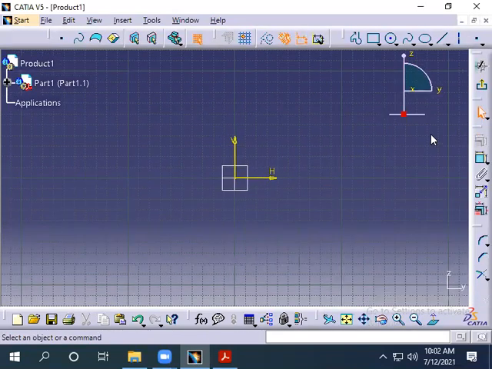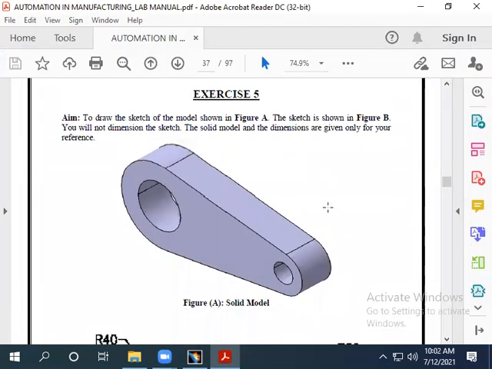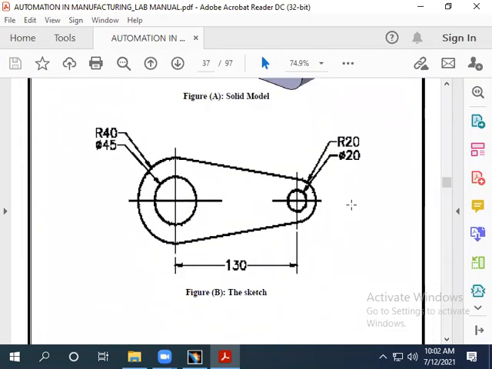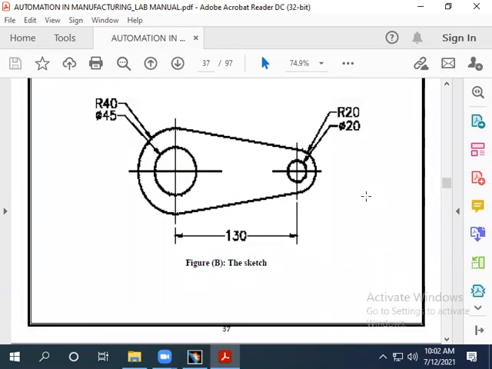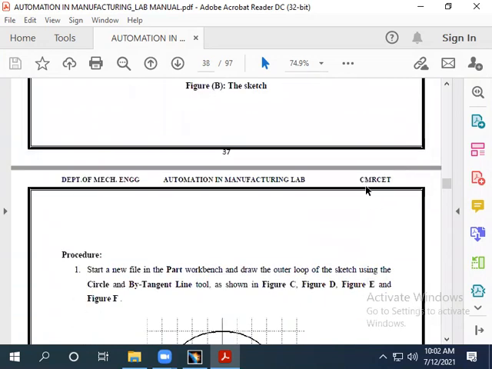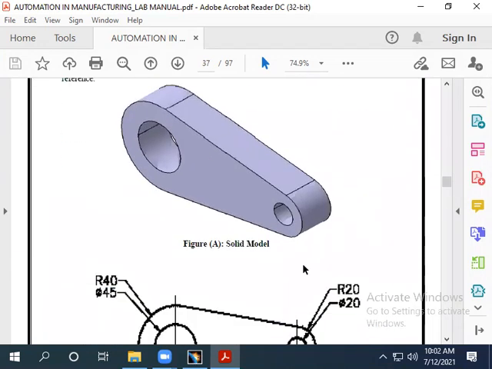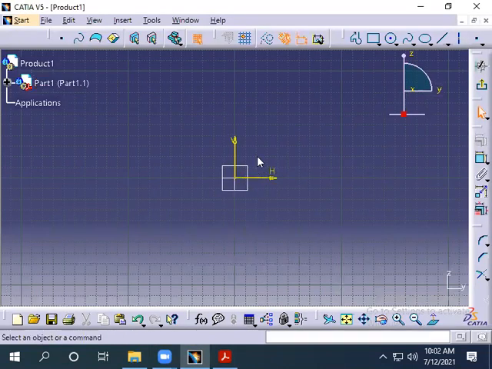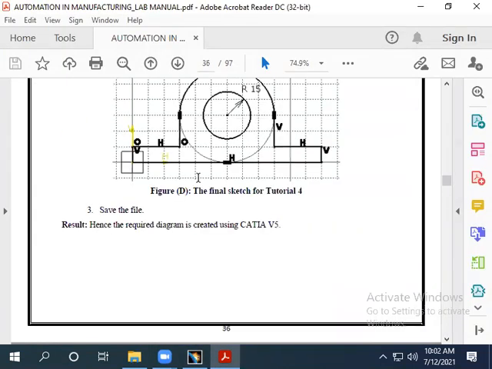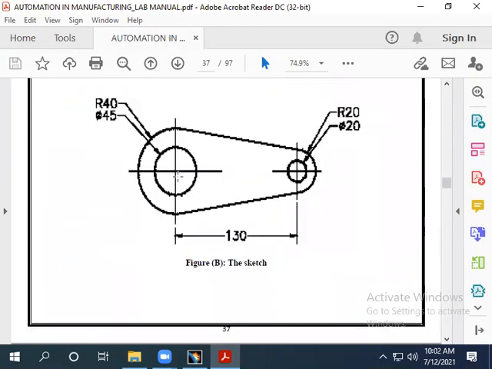It'll open the sketch environment, right? Now, you see, we'll draw this exercise. This is the sketch we want to draw. I'm going to take this origin as this point. Your origin should be the point where you have maximum dimension references. You can use any point, you can even create it here, no issues. But I'm taking this point as the origin. So let us start from here.